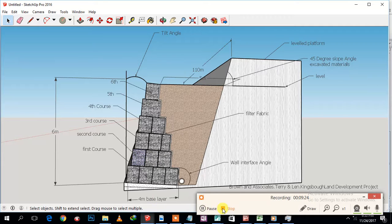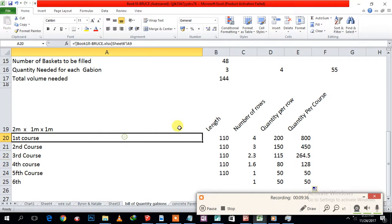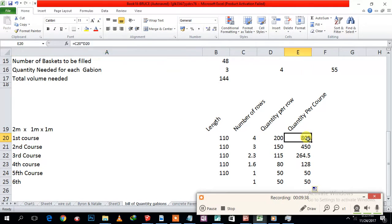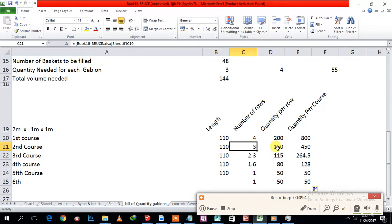Now if you go to the spreadsheet, this is the first course. We're going to need about 800 gabions. For the second course, the number of rows is going to be 3, the quantity per row is 150, and so all in all, up to the 6th course, we're going to need about